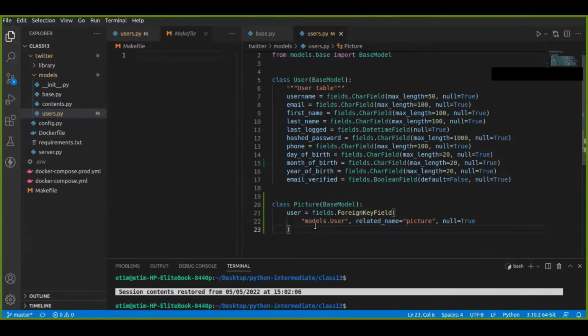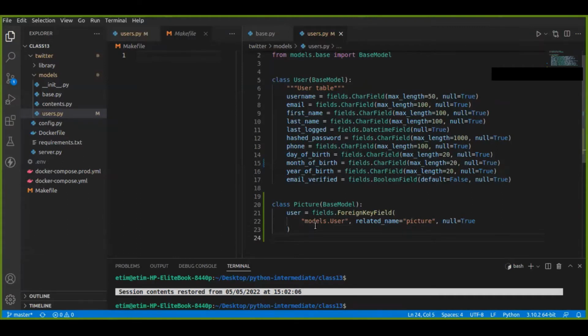In such situations, a many-to-many relationship means that, take for example, if the user and the picture was a many-to-many relationship, it means that one user can upload many pictures, and each picture can have many users as well. All right. So the many side is on the user and on the picture as well. That's why it is many to many. All right. So we have